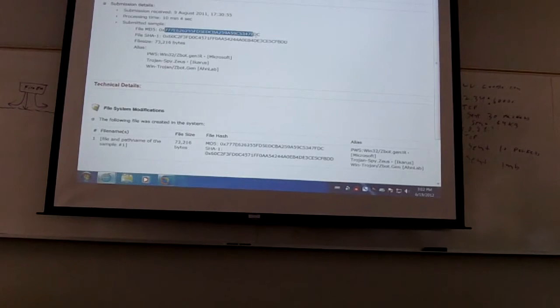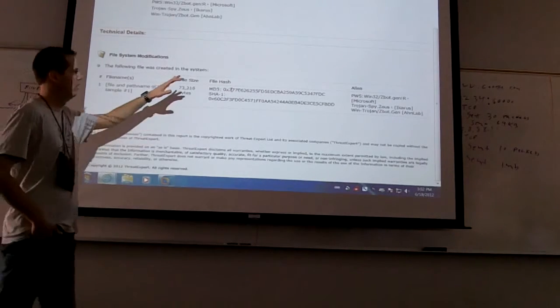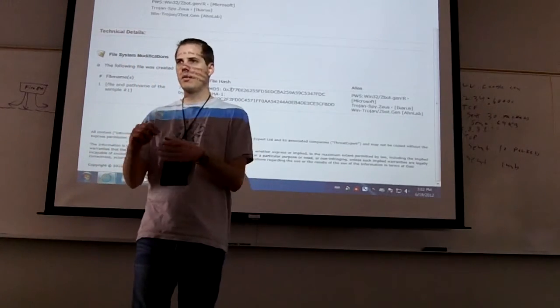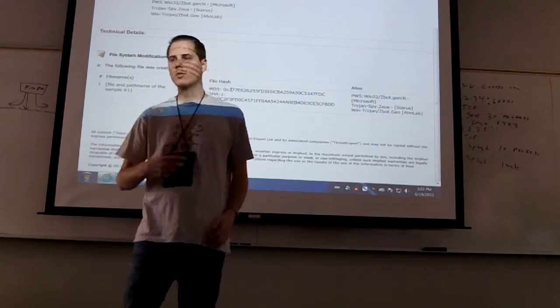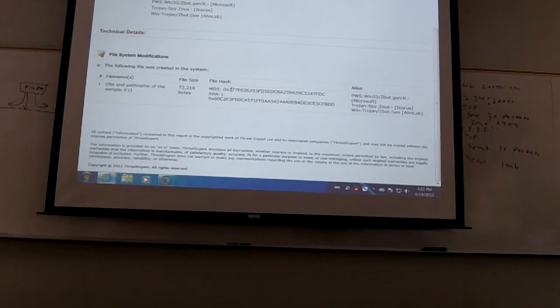Okay, so they got submitted this MD5. It was detected by Microsoft as Zbot. It was detected by Ikarus and Onlab as Trojan Spy, Zeus, Zbot, Gen. It probably did some sort of sandbox detection because notice that there's no activity in their logs. They don't tell you what processes it ran or anything like that. It probably went, oh, I'm running in a VM, and then bailed out, which is pretty typical for the advanced malware. But you could go and grab this MD5, and then if you had access to